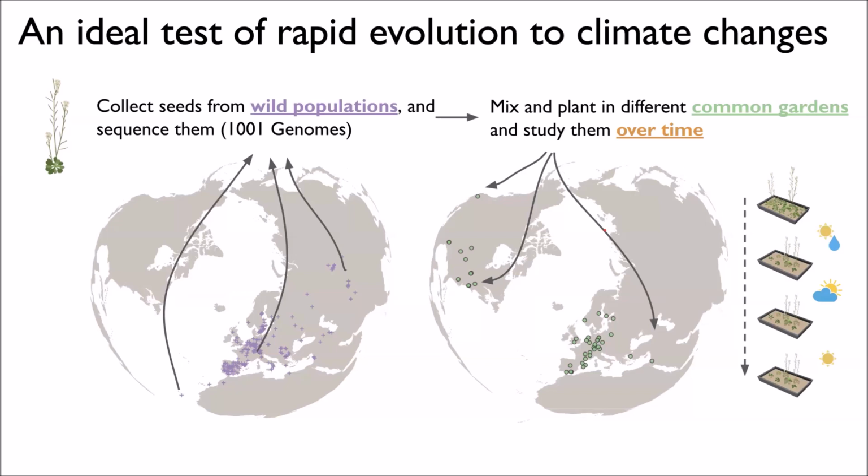At some point, when I conducted those previous experiments, I realized that we likely didn't have enough locations to train data sets to make future predictions, and also not enough time, because we were evaluating fitness over a single generation, and we need to study evolutionary dynamics over time. So we thought of these amazing, beautiful experiments. What would be the ideal experiment? We'd be collecting populations from many regions, so we start with this high standing variation, planting them in many, many regions across the geographic distribution of Arabidopsis, and doing that over